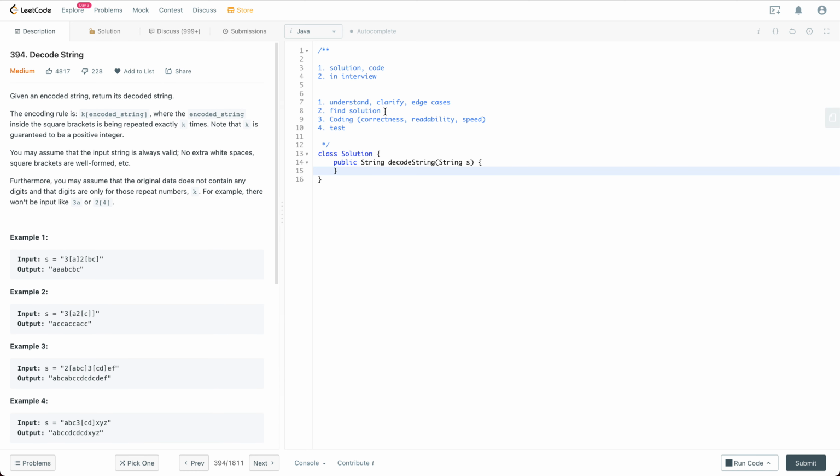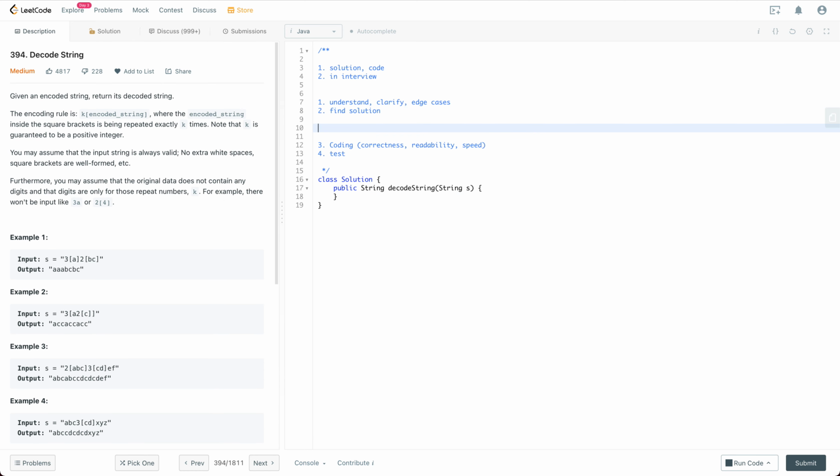Let's see how to solve this problem. How to solve this problem? The first idea in my mind is we could use some recursion to solve this kind of problem. Because there are multiple layers here, we try to interpret this tree and then we call a recursive function to decode this piece of the